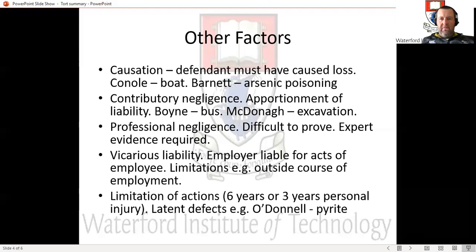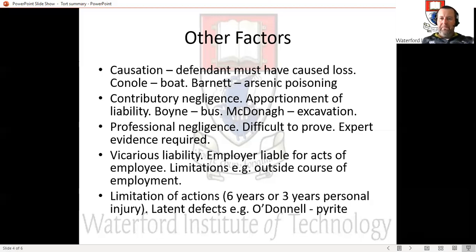There's a Connolly case involving a captain of a ship, or a boat, who brought people out in a boat, even though he had been told that it wasn't safe to do so. And the question arose as to whether it was the manufacturer's fault or the captain's fault. And obviously, the boat was entirely safe where it was. It was his decision to bring a boat that wasn't seaworthy out on the water, and ultimately